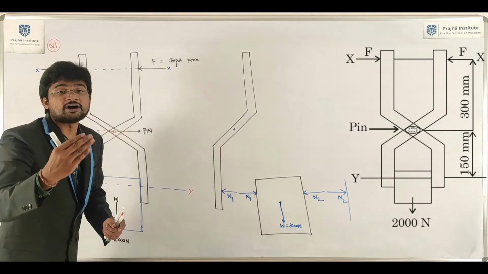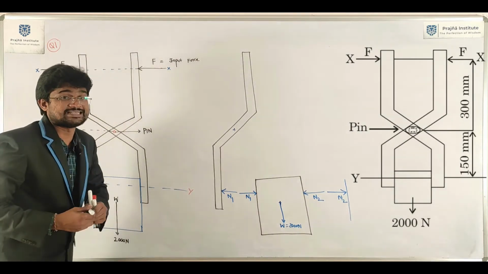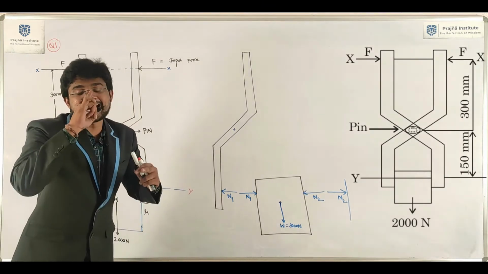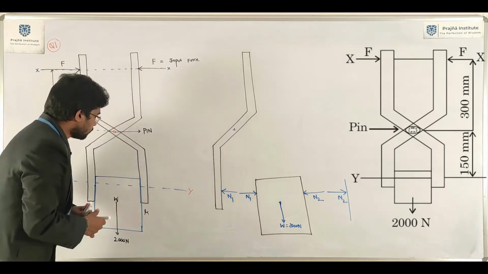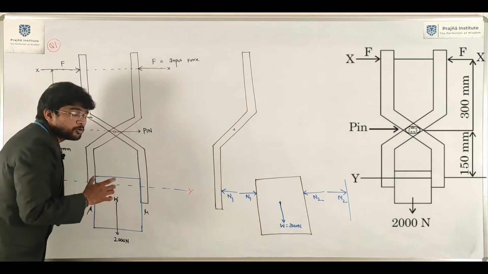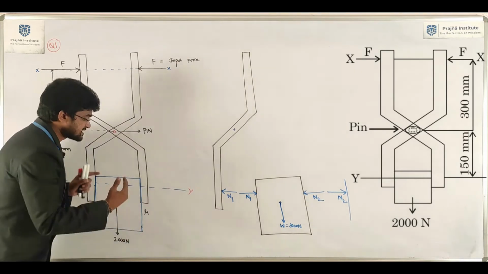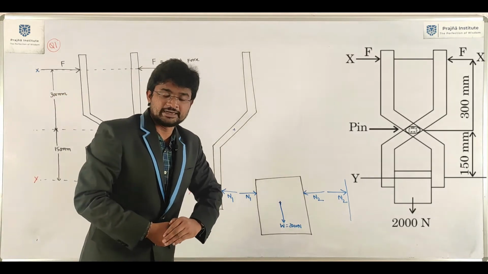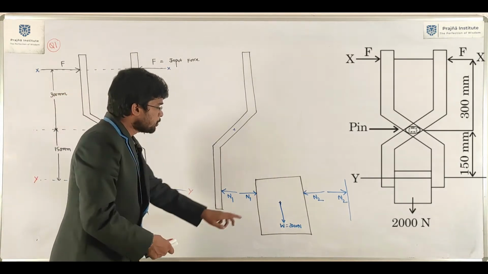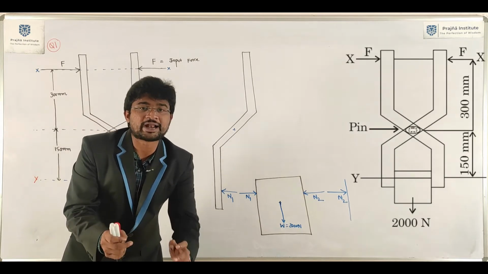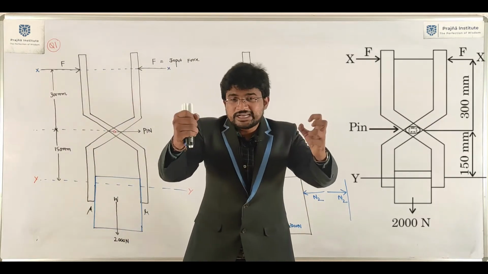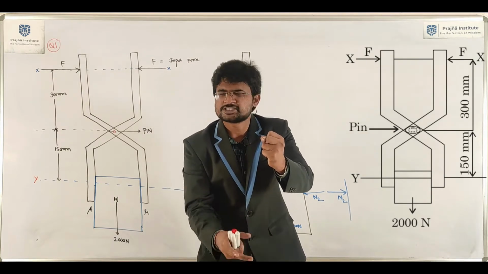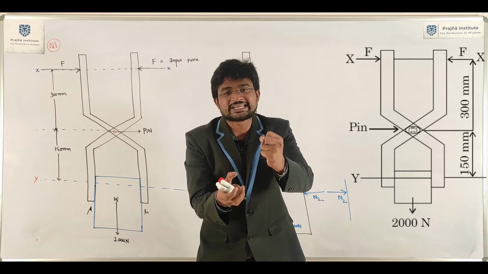The coefficient of friction at these two contact surfaces is given as mu and mu. In this case, static friction exists. This block is not in motion, but static friction exists. Here we need to follow limiting friction. The block tries to move downward as you hold it like this. It is not moving, so static friction exists.